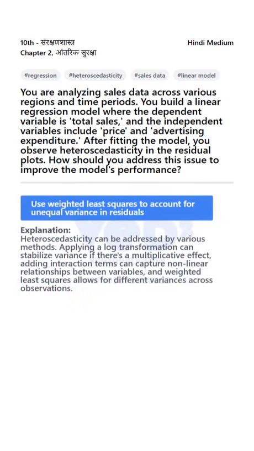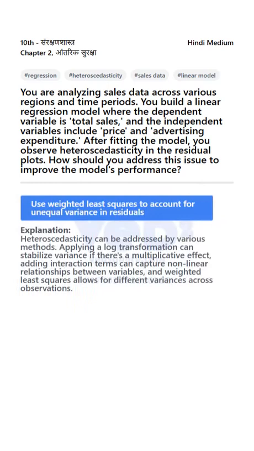First, transforming the dependent variable might help stabilize the variance if the relationship between the variables isn't linear or if there's heteroscedasticity present. For instance, taking the logarithm of the dependent variable can sometimes make the model meet the homoscedasticity assumption better. Second, adding interaction terms can capture more complex relationships where the effect of one independent variable depends on the value of another. This can help explain some of the variability in the data that wasn't captured by the